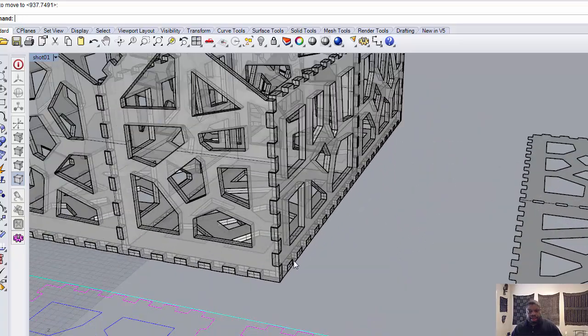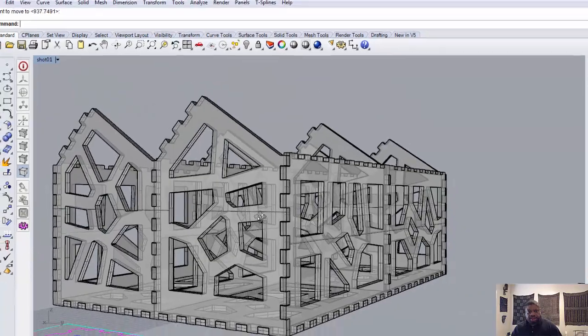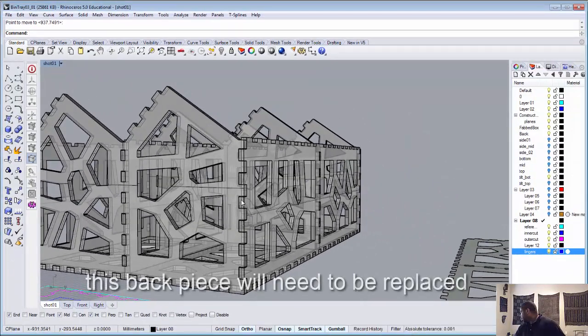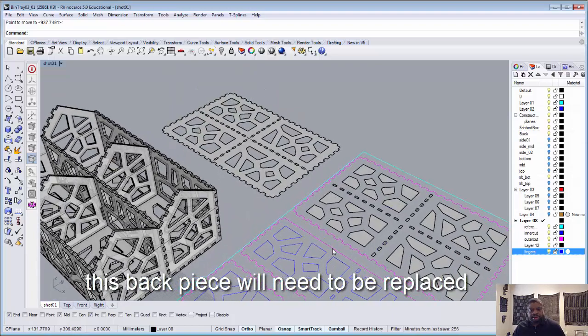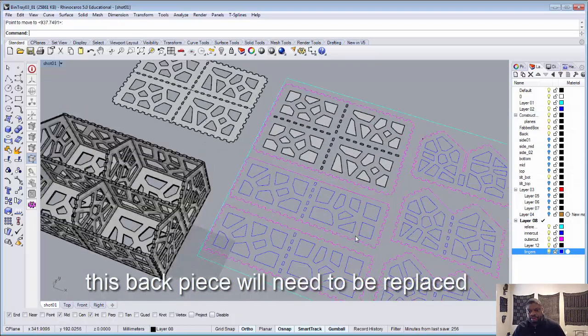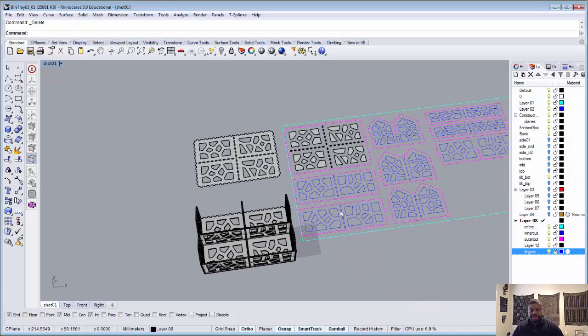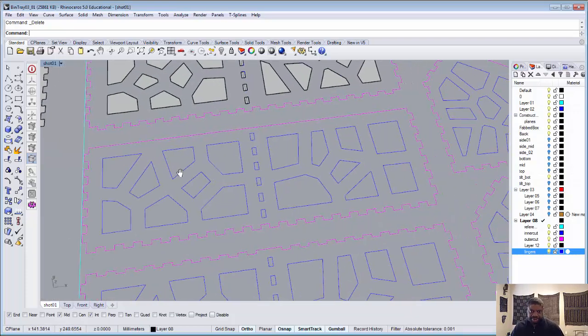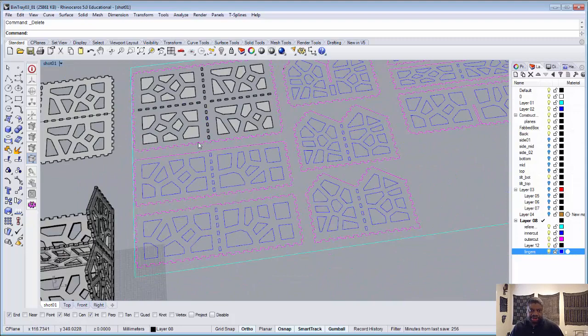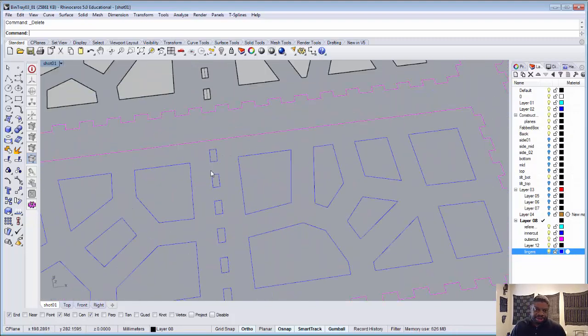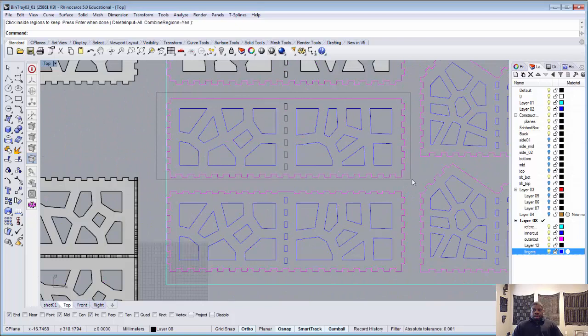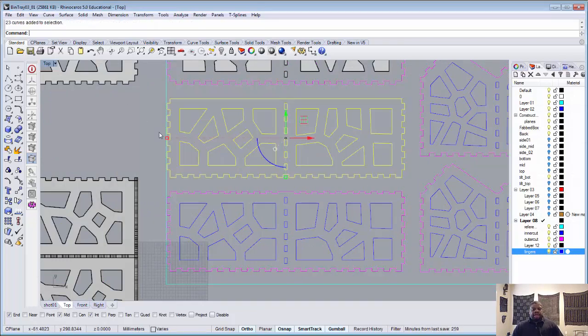Here, and actually, let me look at this. That goes like that. And actually, I got to change this piece in the top here, because that actually uses this piece right here. You notice that this has a straight edge along the top. Okay, let's select those, and then let's go to our other viewport,